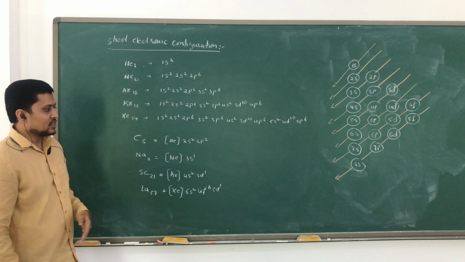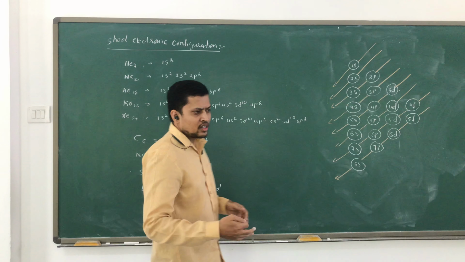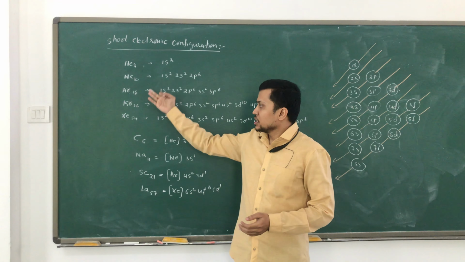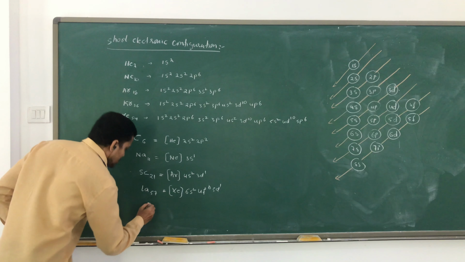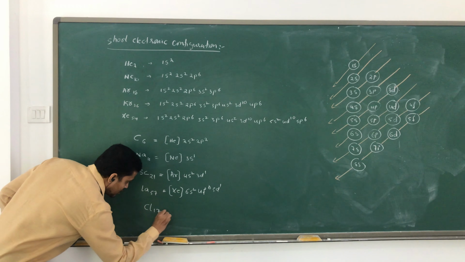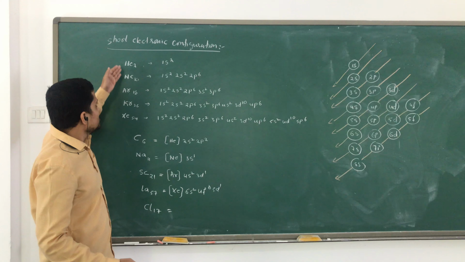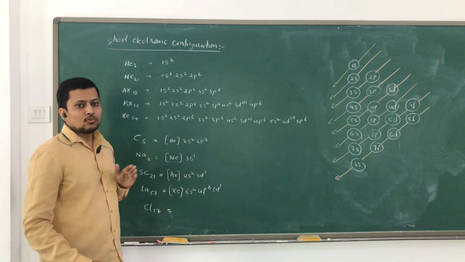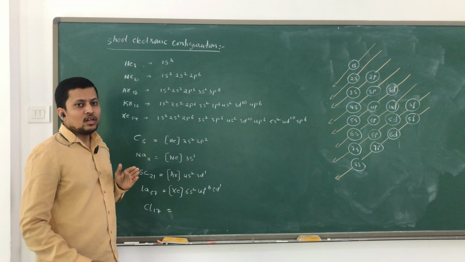Now you can take a number of examples, like chlorine, argon. Before chlorine we have neon. So if you want chlorine, atomic number 17, you can write it on your own. And for any other element, whatever element you take, considering the electronic configuration of noble gases, you can go for the short electronic configuration. And most of the time in your books they are going to give it this way. Now you understand why they are given this way and what it is called: a short electronic configuration.